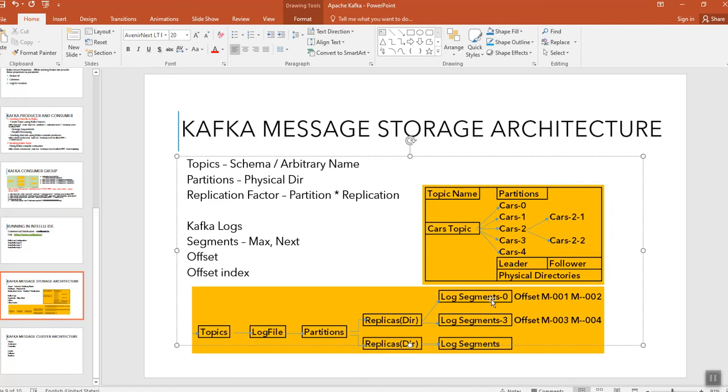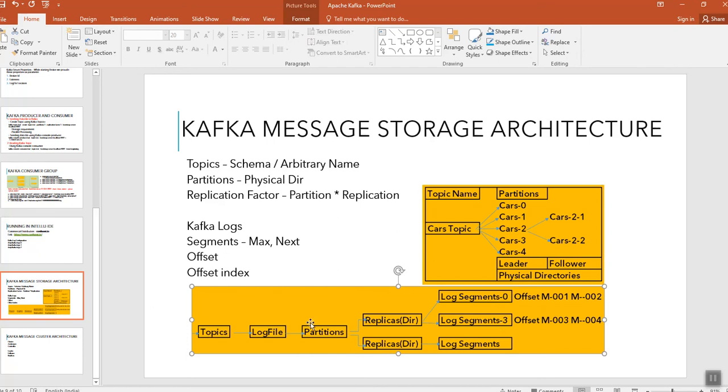For example, for log segment 0, we have the offsets created from 0, 1, 2. This might be more also; for example, I've taken only 2. So the next segment will start from the third, 4th, 5th, and so on, until the size crosses the default limit, and then it creates a new segment. We can even configure how large the log segment size can be, so that we can create multiple segments based on the configurations.